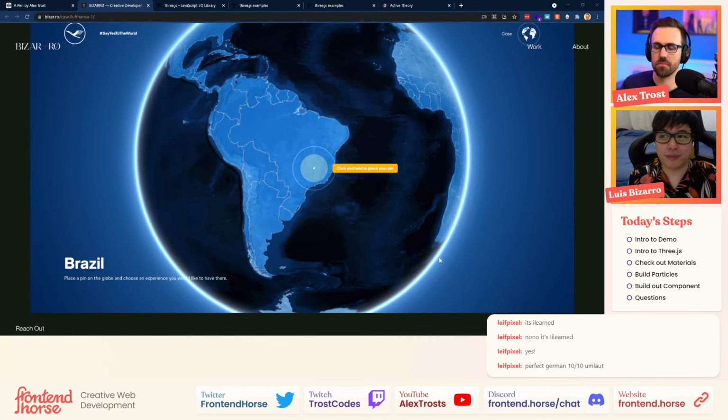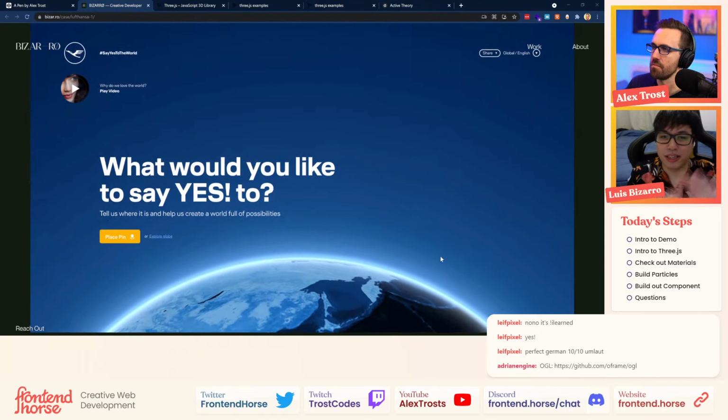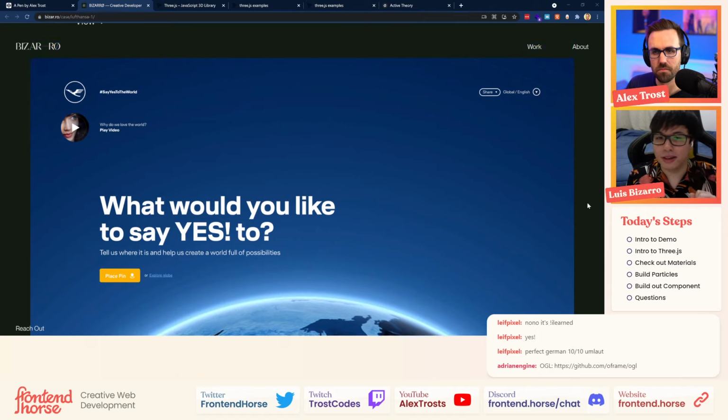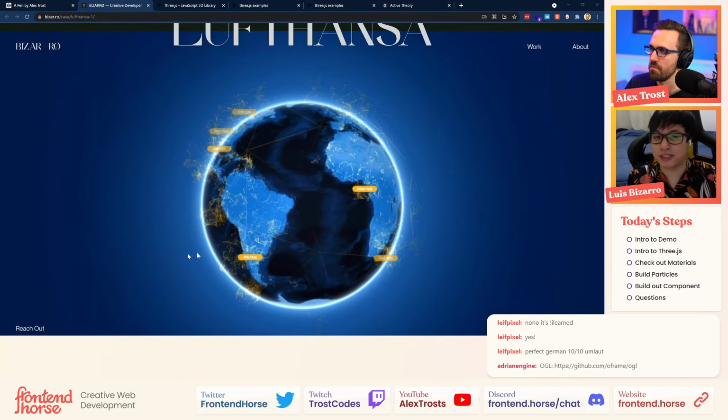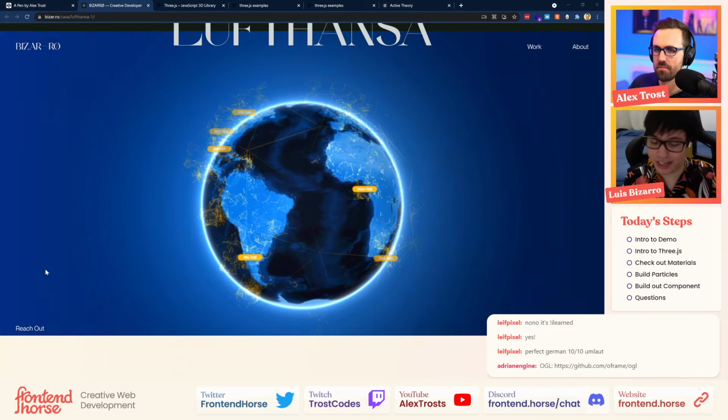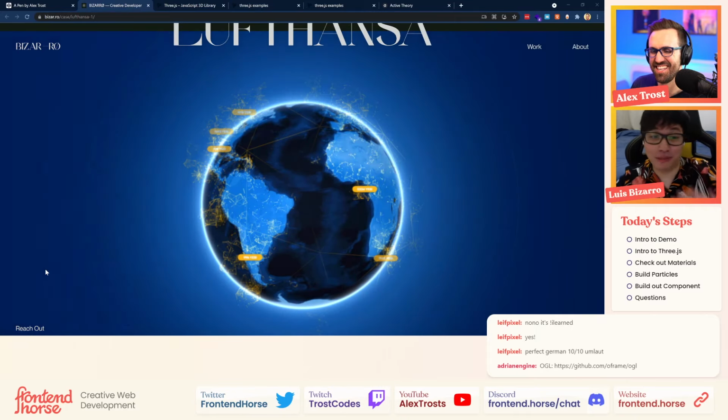We're basically going to build a globe using the normal materials that you have from Three.js. And then we're going to apply some shaders and some particles around the globe. This type of project takes a bit of time to be polished, and it's almost impossible to build something as complex as this in just a few hours. So we are going to build something similar, that will serve the purpose of demonstrating how we can work with Three.js and create a globe that you can drag to rotate, and some particles around it.